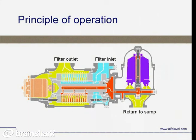The Eliminator Filter is a full flow filter. Dirty oil, shown in blue, enters the filter, passes through the filter elements, and exits the filter outlet clean, as shown in green, before going on to the engine. As the oil is being filtered, a small portion of the filter element surface is undergoing cleaning simply by reversing the oil flow direction over that filter sector, as shown here in red. This backflushing cleaning process is continuous via an innovative distribution system, which is driven by a